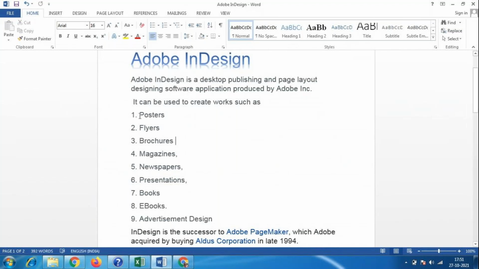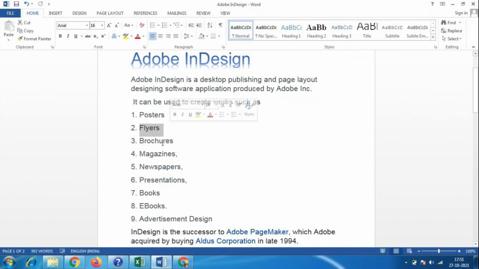So those things, like don't drink and drive, some of the social messages we have to give, posters and all, we can make here. But here we cannot make any fancy things, like how I have shown in the last class, movie posters, collage things, and jewelry designs, which are only for Photoshop. Here we are doing some magazine cover page design, which is very simple, only that much we can create.